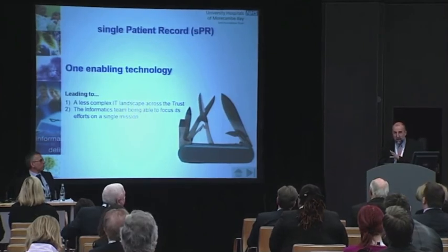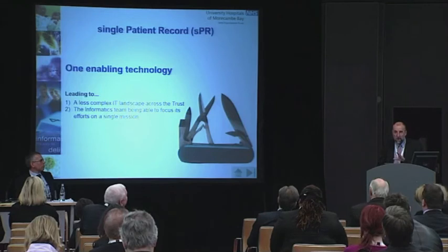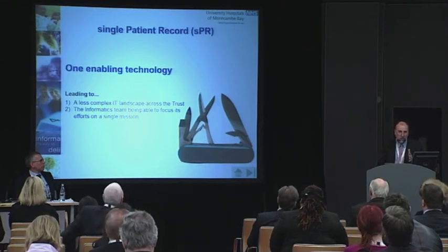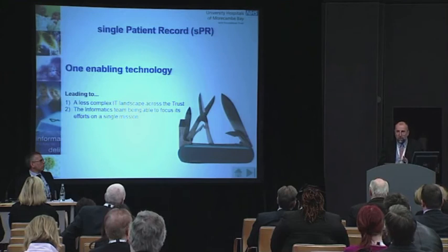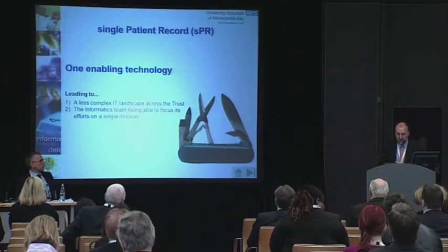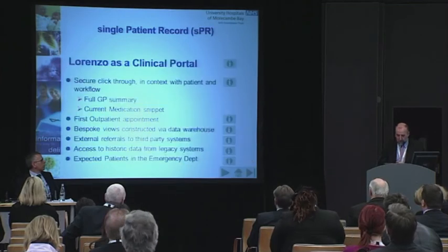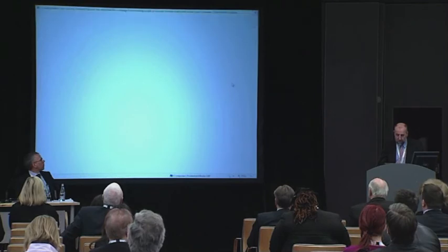The same fits for my development team and my support team. My guys have now become expert in getting the maximum from Lorenzo. So rather than doing a little job on an endoscopy system, a little job on an outpatient letters system, a little job on whatever, we tend to do a big job once on Lorenzo, and we hit 4,000 users the day that goes live. So to give you an example of that, I'm just going to jump into our e-learning